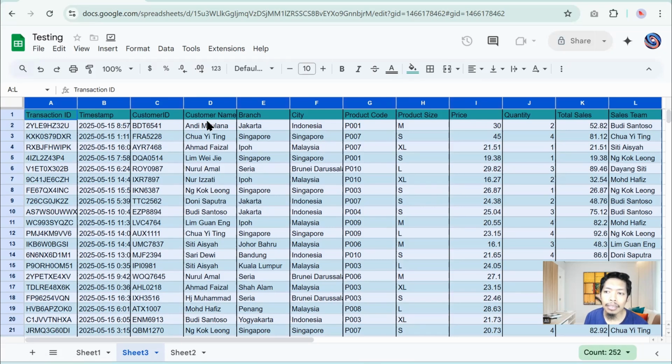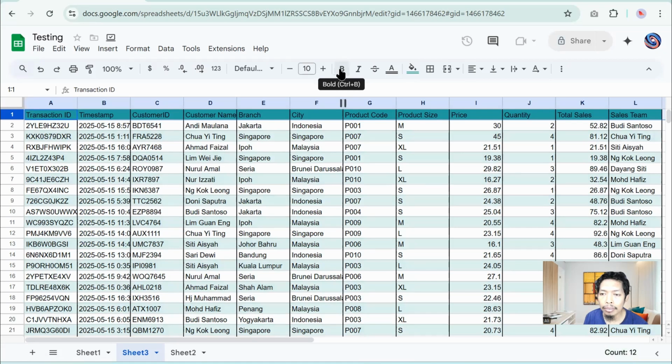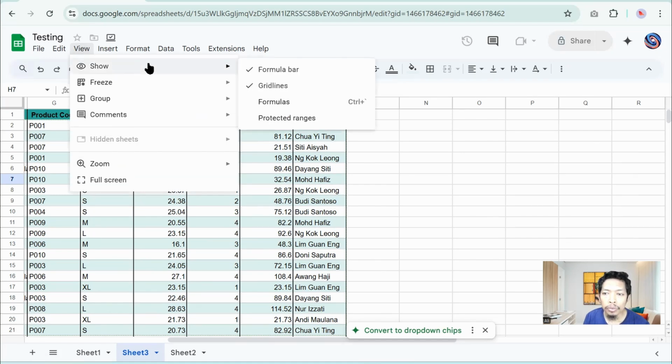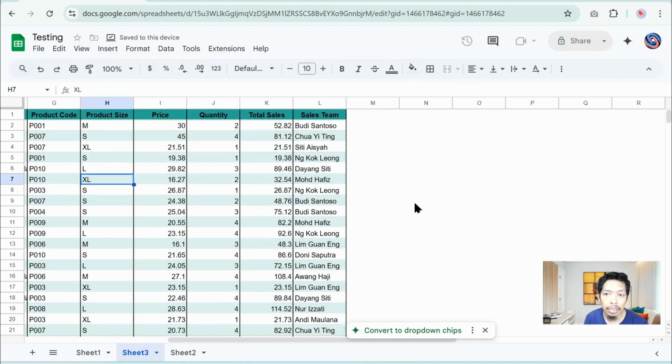So let's fix that. I will select the first row, click bold in the toolbar, and set the text alignment to center. If the grid lines outside the table look distracting, we can hide them. Just go to the View menu, hover over Show, and uncheck gridlines. Now the background looks much cleaner.